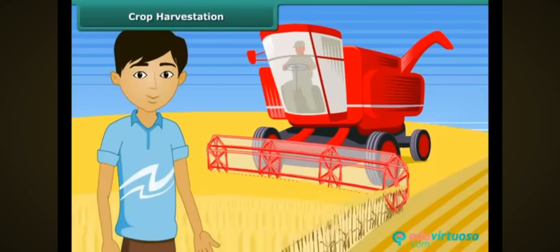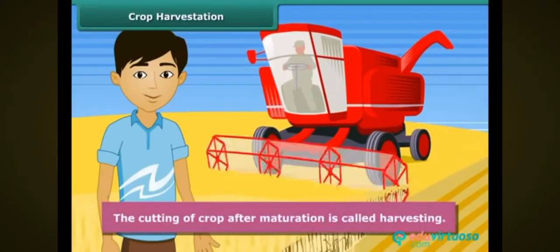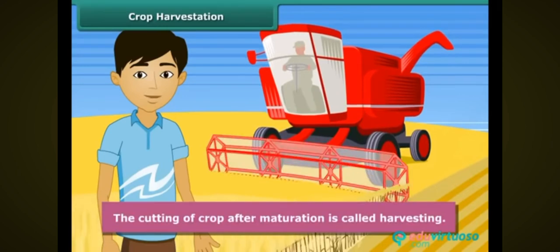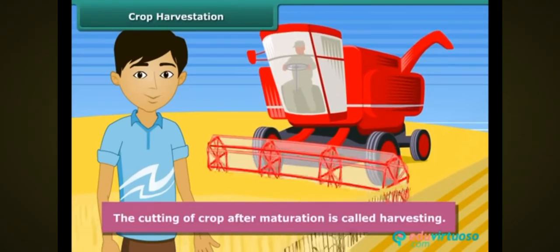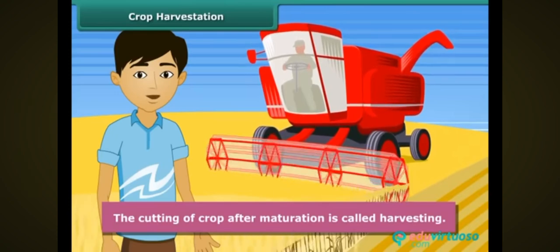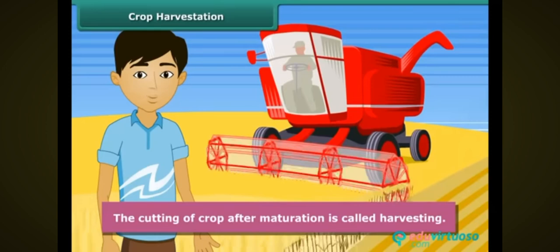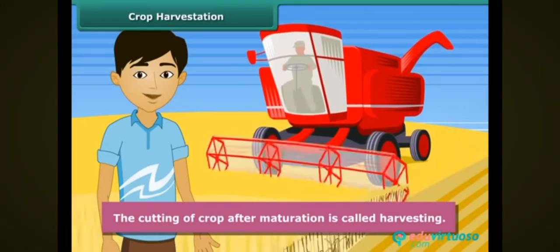Friends, what do you think the farmers do after the crop is mature? Yes, he cuts the crop. This process is called harvesting, and it is an important task. Now let us know how the harvesting is done. In the harvesting process, crops are pulled out or cut close to the ground by using a sickle or a machine called